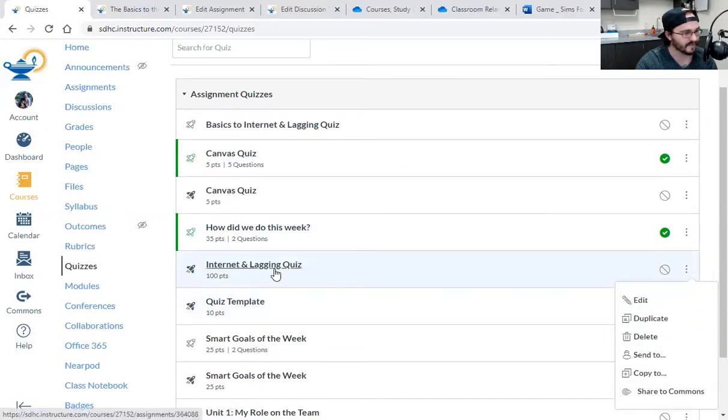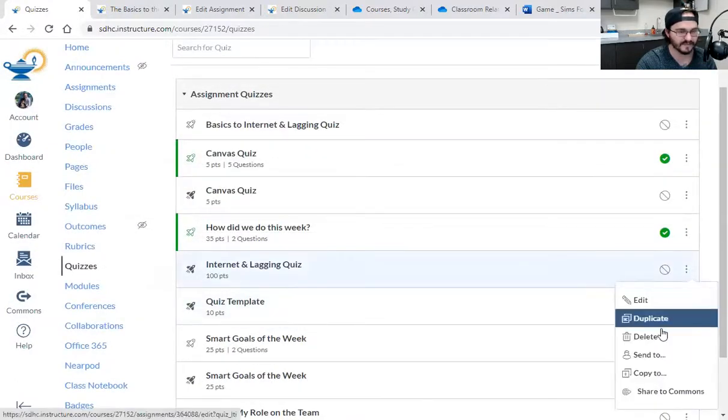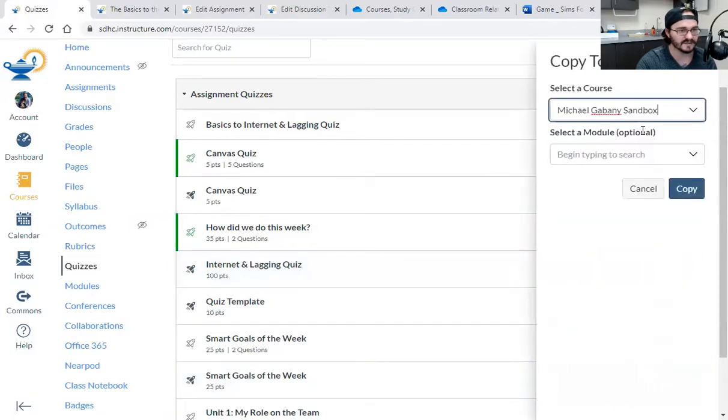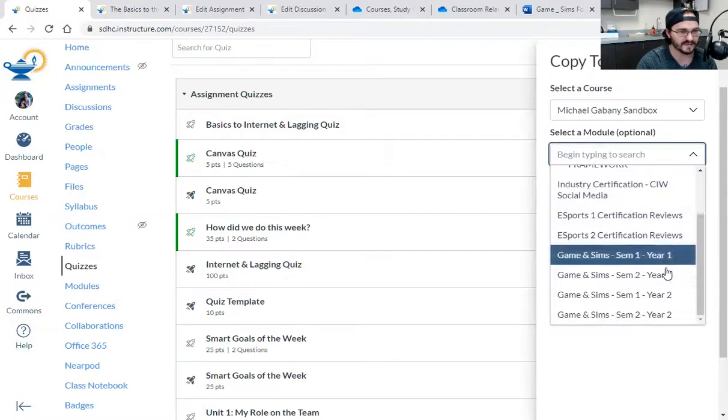All right, we have internet and lagging quiz under assignment quizzes worth 100 points. We created that by going to quizzes, doing plus quiz. Now we got to figure out where it went. Nope, because that sends to other people. Copy the course. Yes. Perfect.